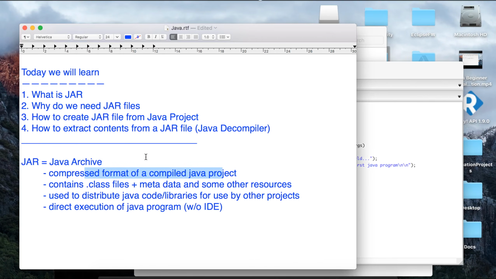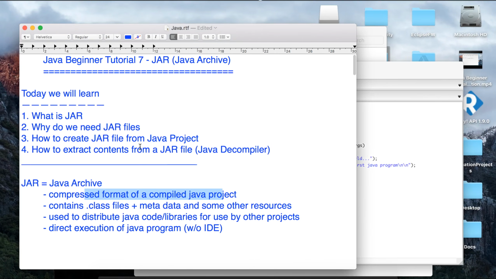Okay, so this is all about jar file. Some of the people say that jar is a topic which should be taught as an intermediate or advanced level of Java training, but I believe that if you are clear with the very basic concepts of a topic, it becomes very easy for you to understand the advanced concepts of the same topic. So I believe this was very easy to understand and you got it.